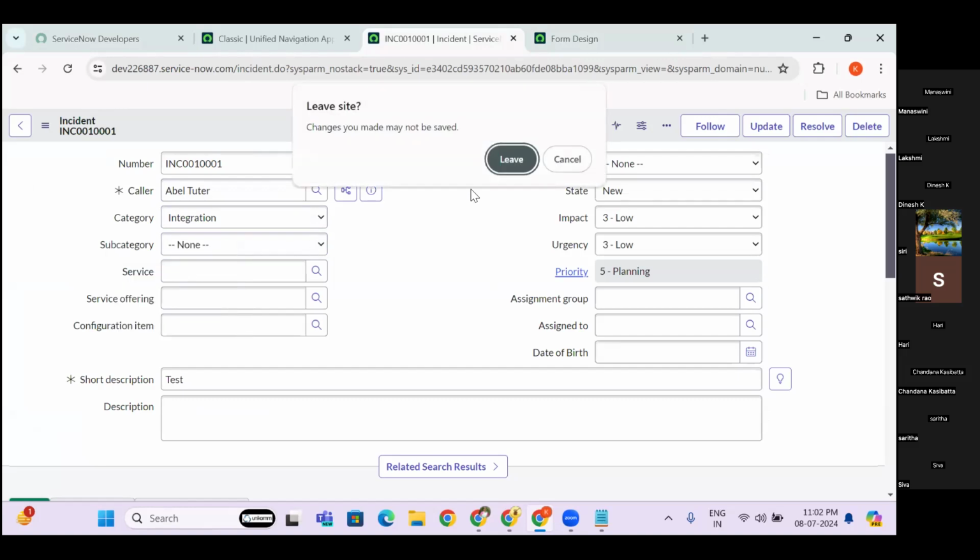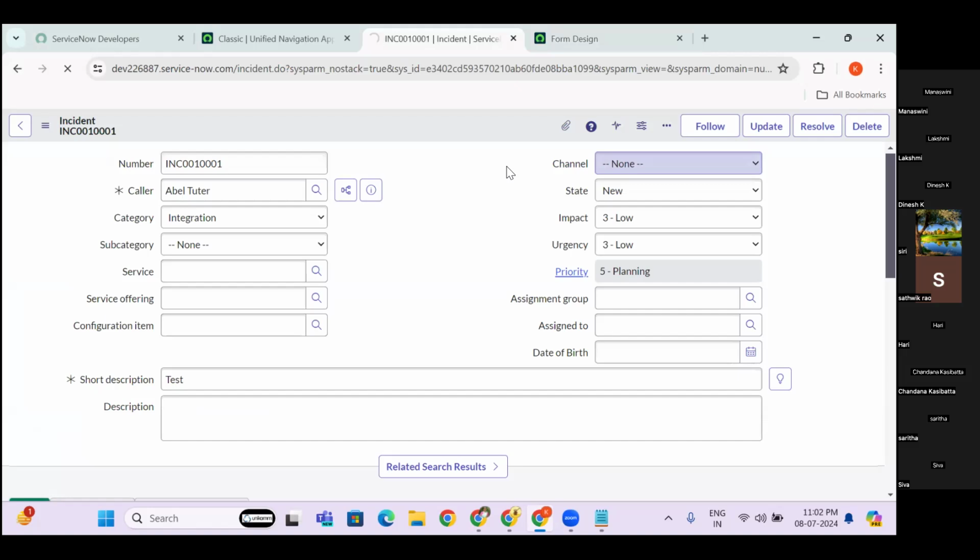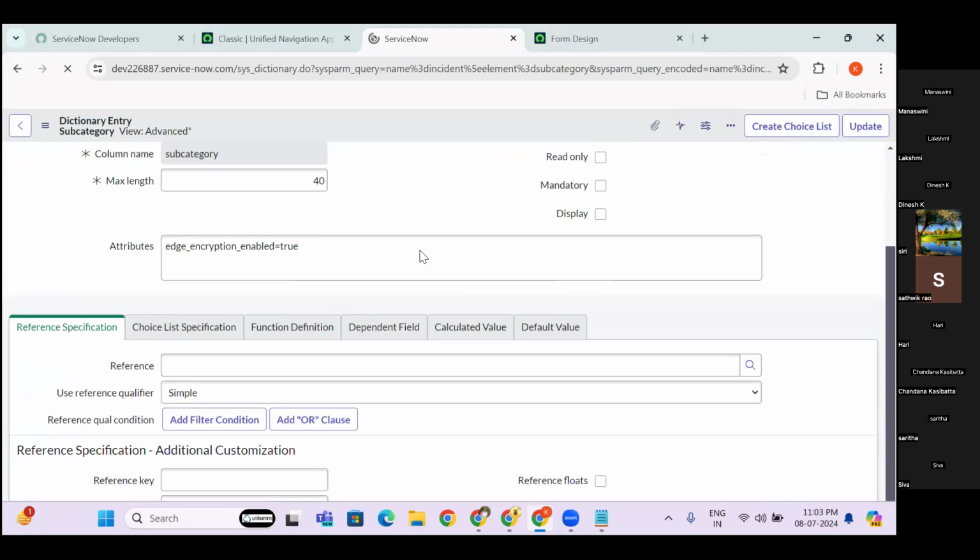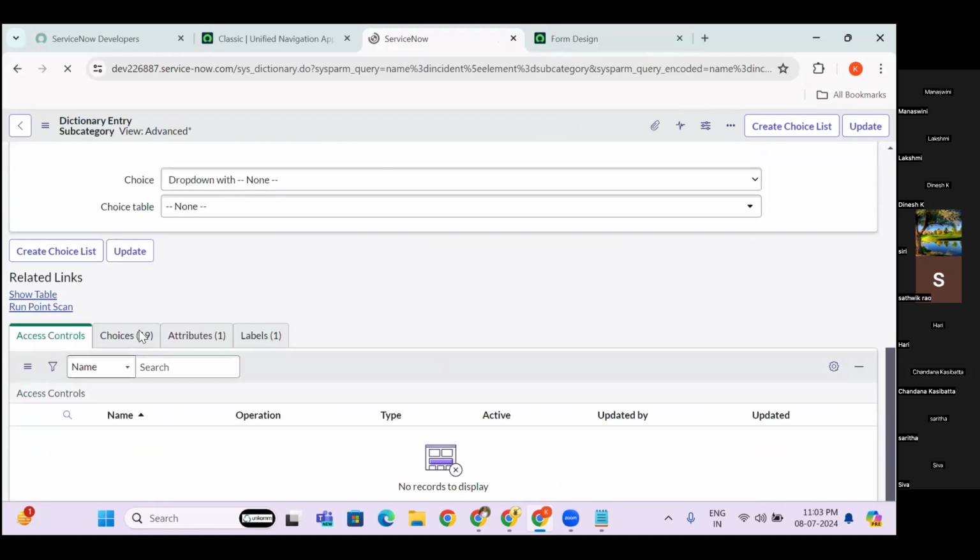On clicking configure dictionary, it goes to the dictionary entries, the backend, where you can add the dependent values. I'll just go down. It's loading. So under the choices,